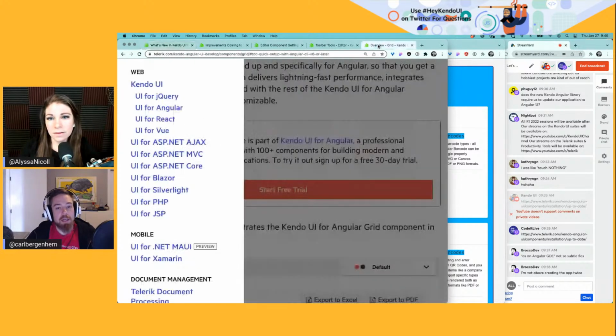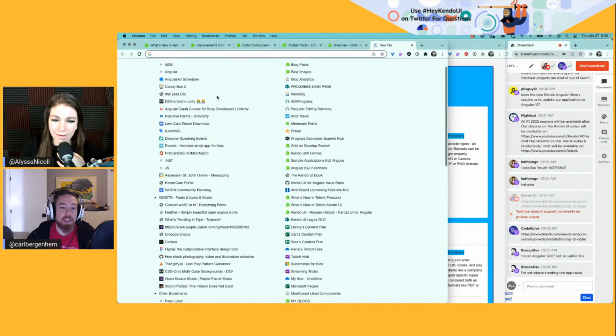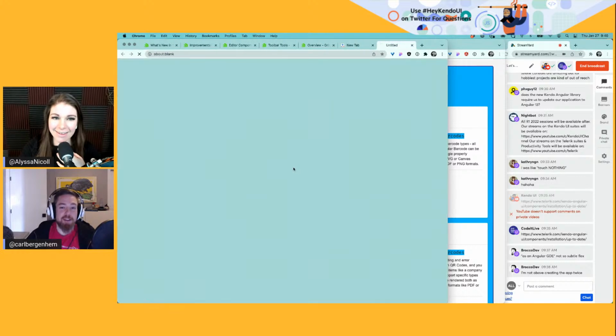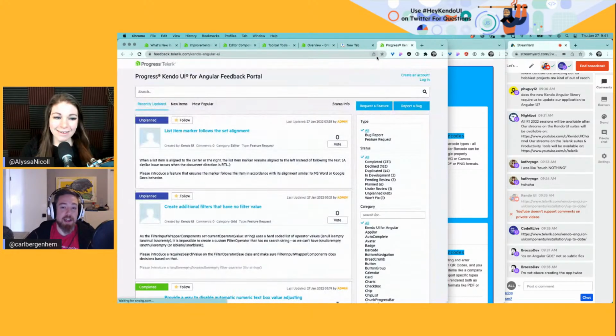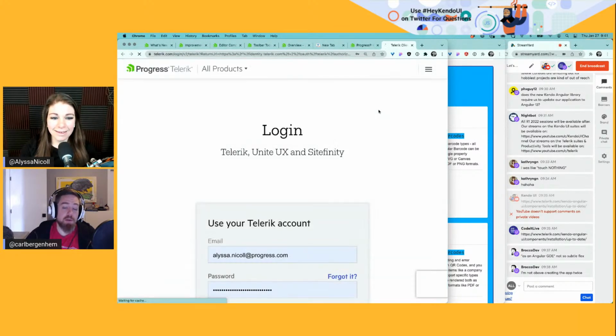So we, of course, want to have one-to-one parity, because part of the power of sharing the common rendering is that for larger organizations that might have a team that does Angular, a team that does React, a team that does Vue, maybe some folks that are jumping onto Blazor, having the ability to just copy and paste themes, or download one single NPM package that has your custom styles, but then have the team be able to work with the product that has a very natural API for them, I think is very